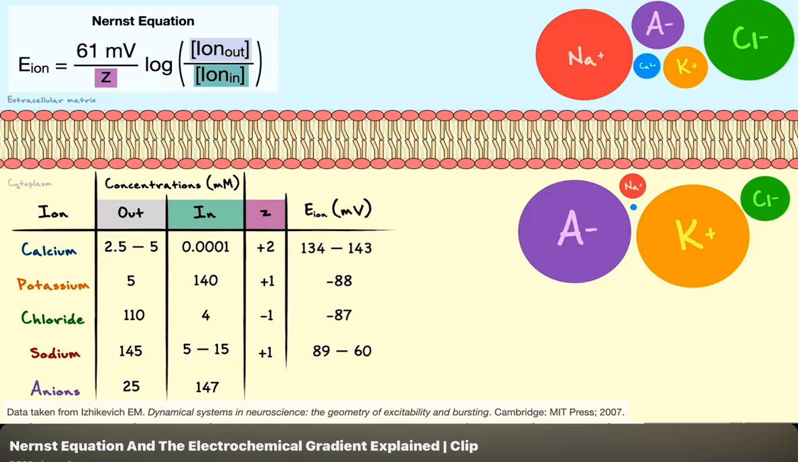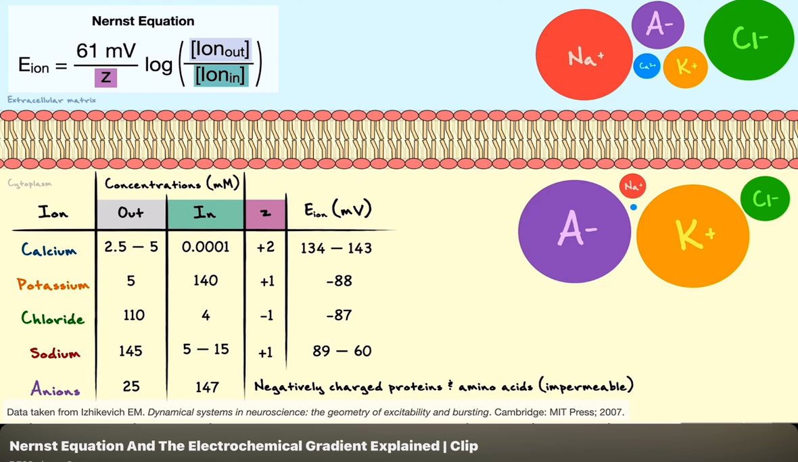You will notice that, let's say for sodium, the concentration inside varies from 5 to 15. Hence, the equilibrium potential also varies. You will also notice that I have added anions to the table. In this case, anions are negatively charged amino acids and proteins that influence the net charge of the system, or in other words, the membrane potential, but since they cannot move directly through the membrane, we will not consider their